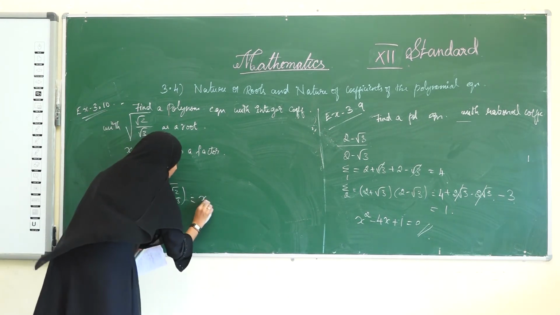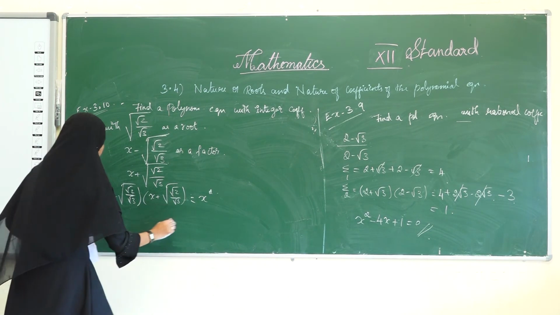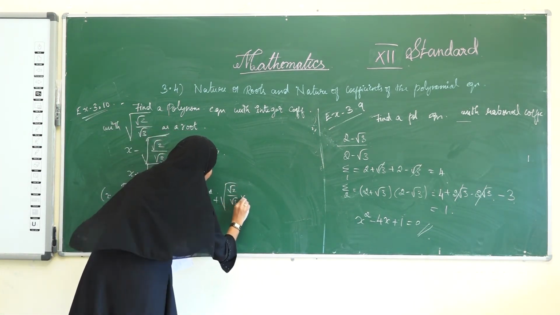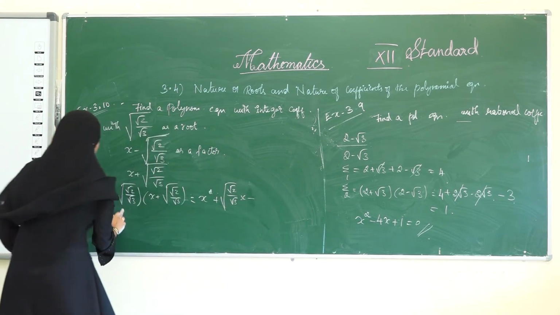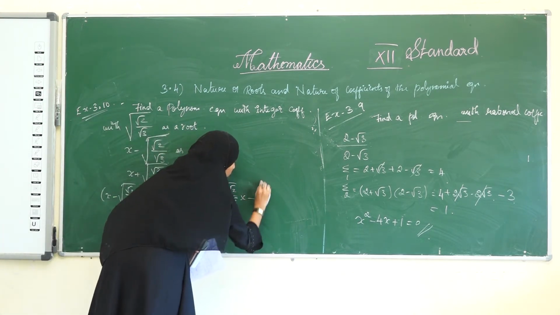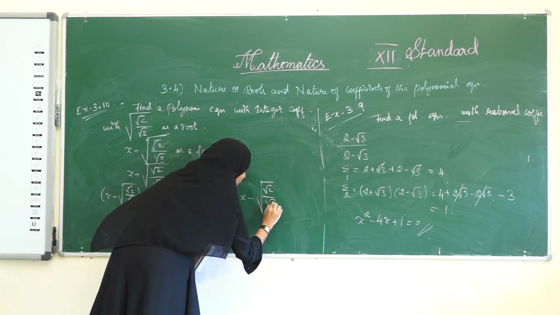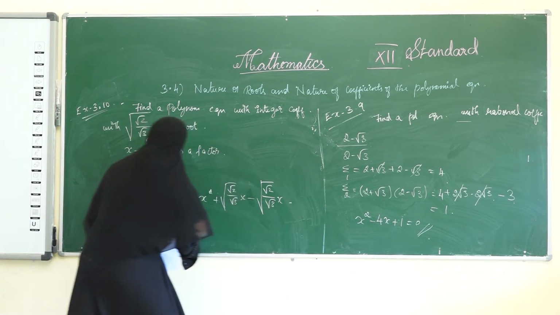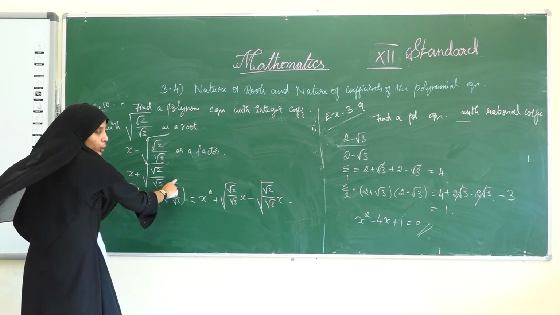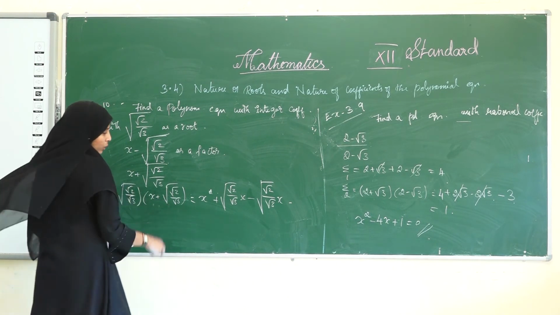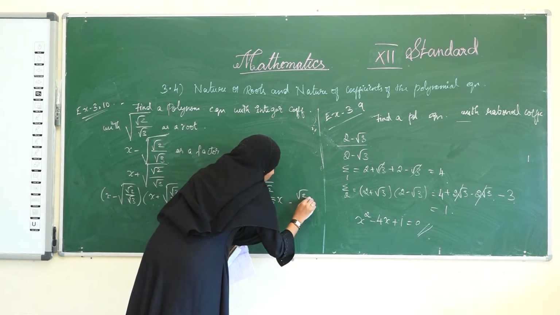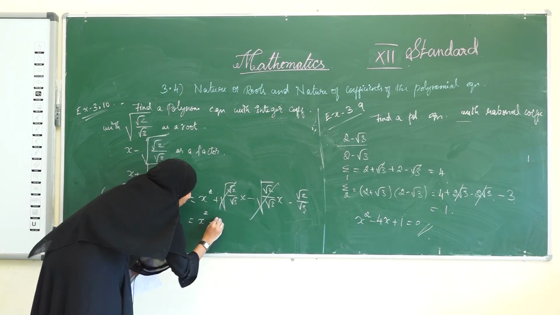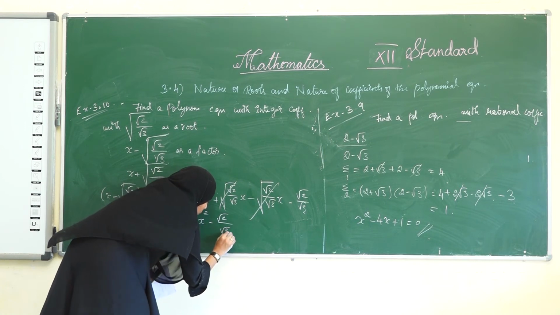When we multiply, the first term is x square, then this term and this term is root 2 divided by root 3 into x minus term. Next, this term into this term, minus root 2 divided by root 3 into x, and the last term is minus into plus, minus. See, when we multiply, the outer square root gets cancelled because of the square of this term. Therefore root 2 divided by root 3, this term and this term get cancelled, and the value will be x square minus root 2 divided by root 3.